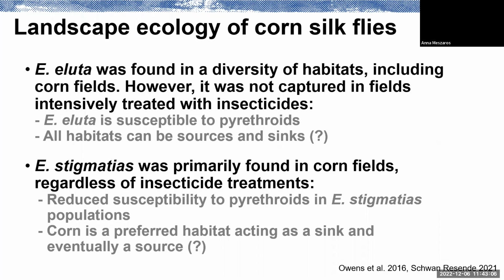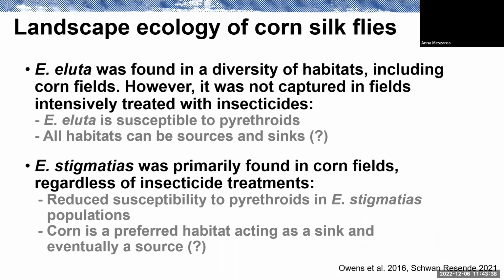For Euxesta stigmatias, what was interesting, it was primarily associated with the cornfields, regardless of the insecticide treatments. It's less susceptible to insecticides, so that's somewhat understandable. But it really looks like, to some extent, corn is a preferred habitat that is acting as a sink if it's in the landscape. Even if you have stigmatias around, my bet would be that they are coming. And if you don't do anything about them, then they'll infest your ears and you'll start rearing Euxesta stigmatias and